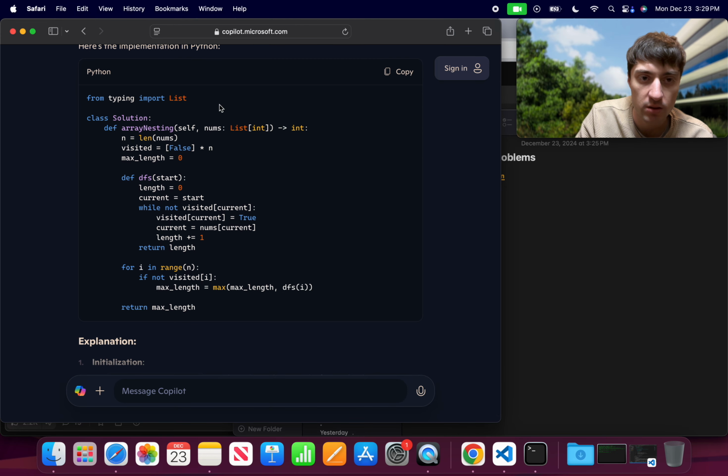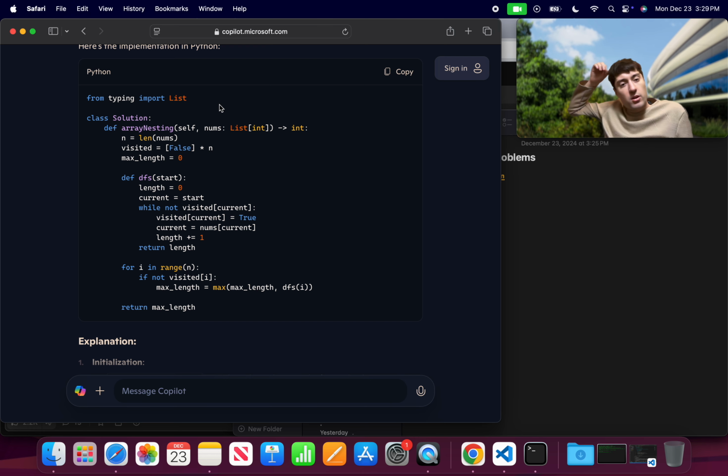So let's kind of go through the solution. Alright, so array nesting, okay. Length of n, so we just get the length, okay. Visited, so we're setting all of them equal to false. So we have not visited any of the